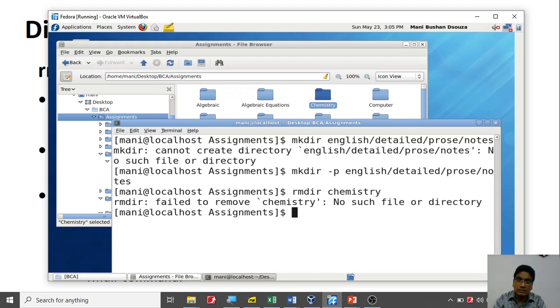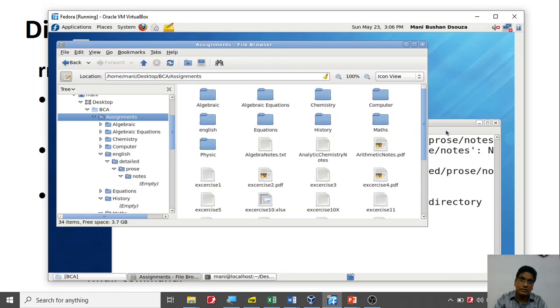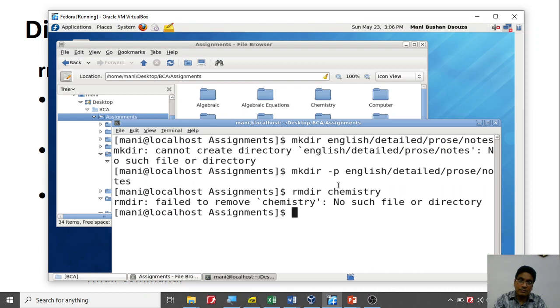Chemistry, what did I do there? Okay, so now what's the problem here? When you look here, you may find that this is also chemistry, this is also chemistry. What's the difference? I typed C in capital, I think, that's the reason. So let me try. C was in capital. Remember, it's a case sensitive thing.